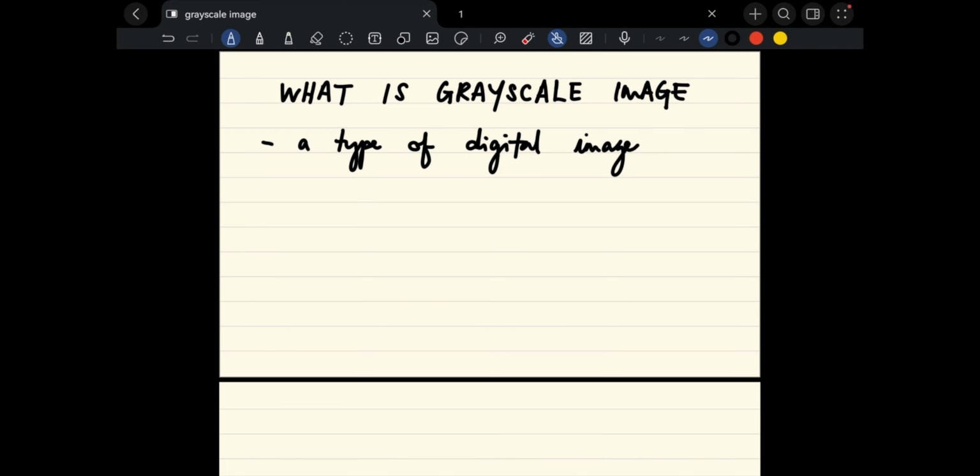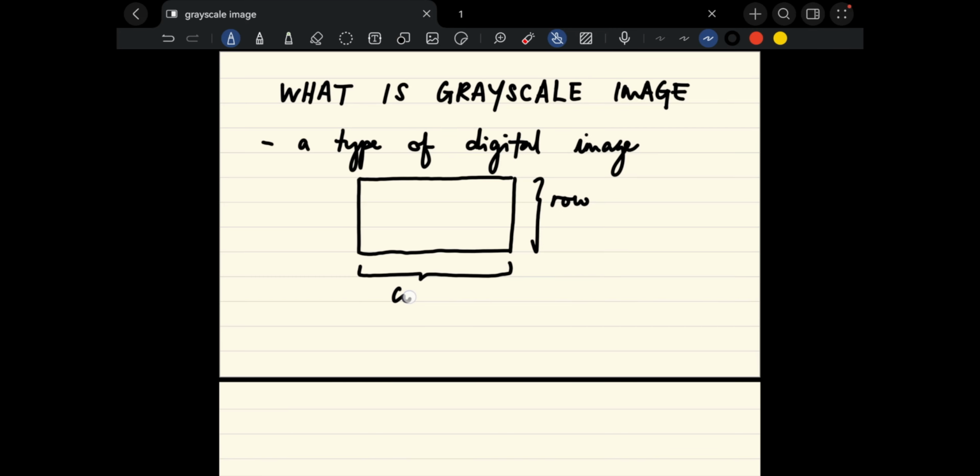When we talk about image, we normally have row and column, which define the size of the image, how many rows and how many columns.